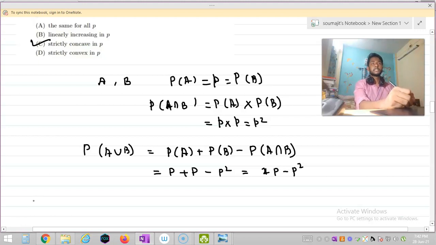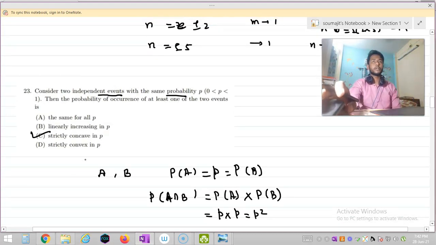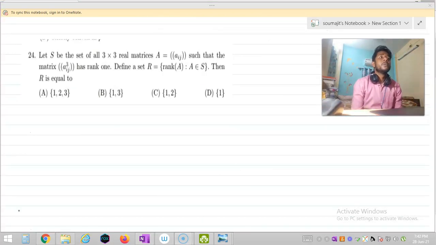So option C is our correct option. That's all about question number 23. Now let us solve question number 24, which says that